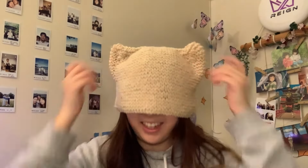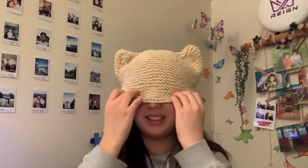Moment of truth. We've got the hat. Okay, I'm going to put it on without folding first. Oh my gosh, it's so cute. Look at the ears. Okay, I just can't see. I made it slightly too big. You know, adult size head, I should have known it was for an actual adult, not like me, who's a smaller size and everything. But if we tuck it up like this,